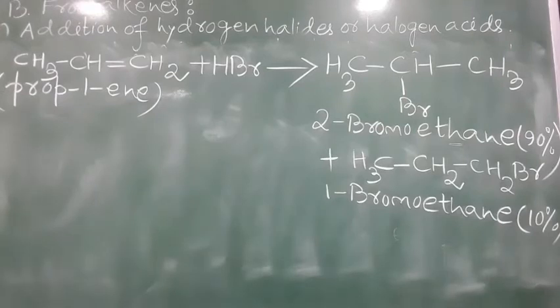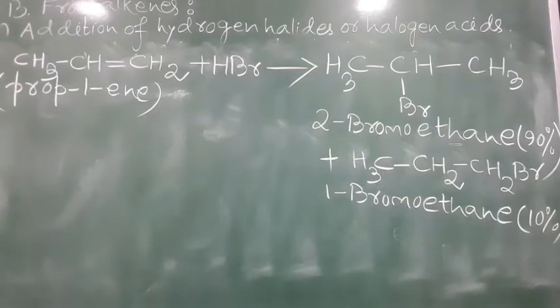There you are, students. Propene. Yes, it is an unsymmetrical alkene. So when a polar reagent, example HBr, hydrogen bromide, is added to propene, you will see two products are obtained. The two products are 2-bromopropane. You can see the percentage given over there, 90%. It indicates that 2-bromopropane is the major product, and 1-bromopropane, only 10%, which indicates that it is a minor product.